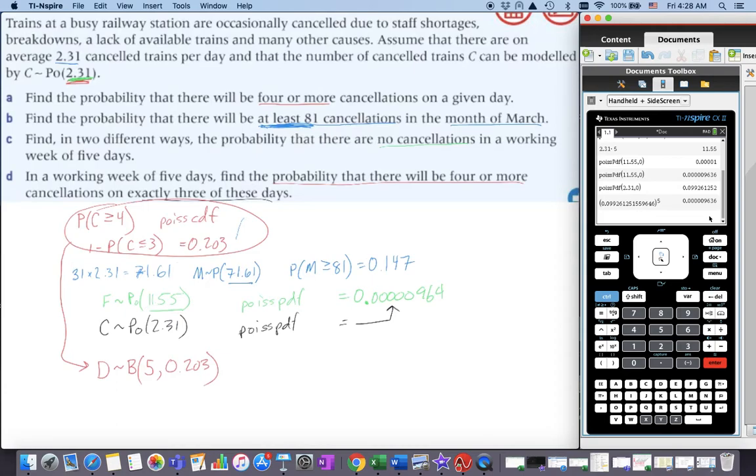Now, what we want is the binomial CDF, right? Or, sorry, we don't want CDF. We want exactly 3 of those days. So we're going to do a binom PDF, which we're going to put into our calculator. We're going to give it the n, and the probability, and then tell it to do exactly 3 days, and we're going to get the probability there. And the probability there will be 0.0531, as you can see that we just got. All right, so there you go. That's question number 2. Hopefully that's helpful.